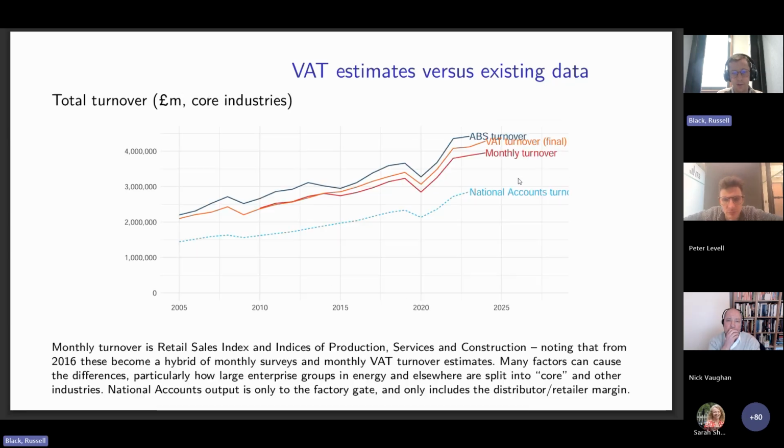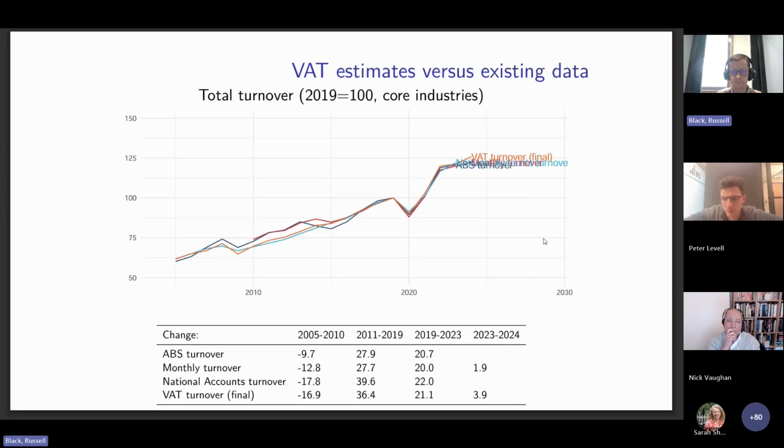If we convert this graph, though, and I just index to 2019, I think, then more or less the data sources are showing similar stories. From 2019 onwards, they're showing quite similar growth rates, although there are a few differences in the middle of the 2010s in the different data sources. Again, following them back, they more or less start at the same place, have a recession, grow at a similar rate through to 2019, COVID recession, grow at a similar rate through to the 2020s.